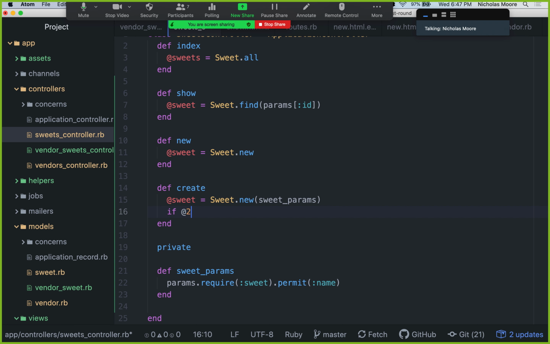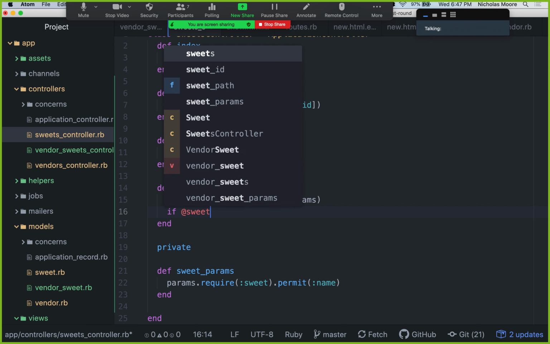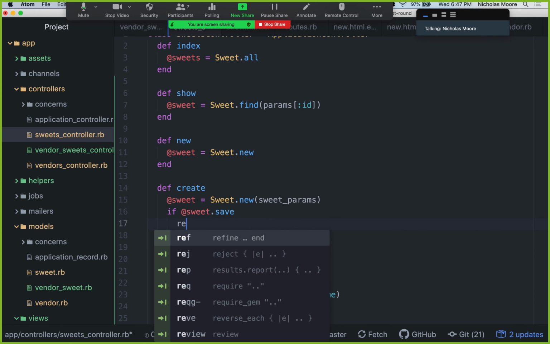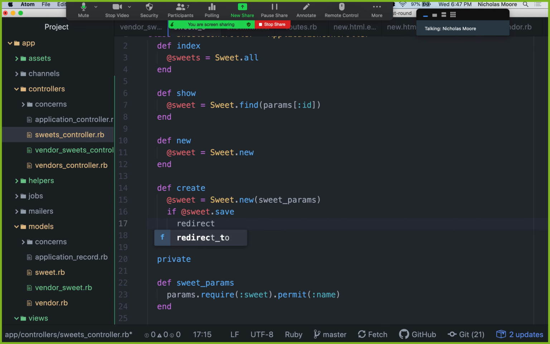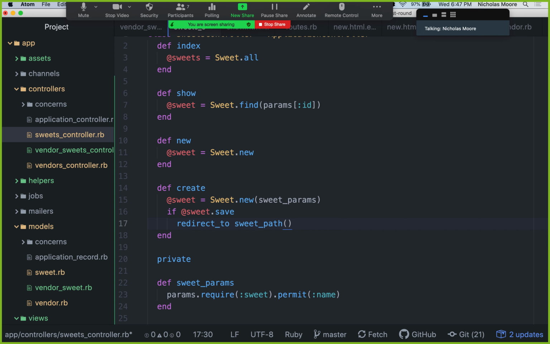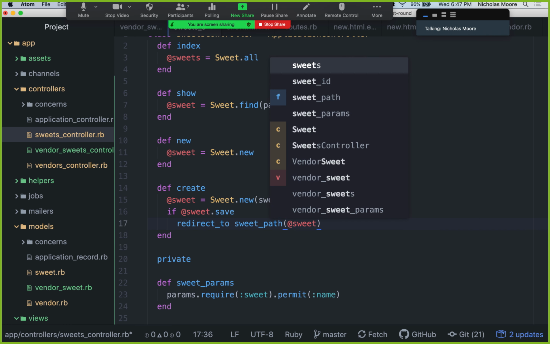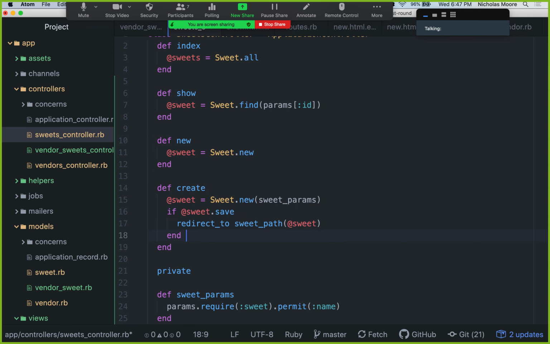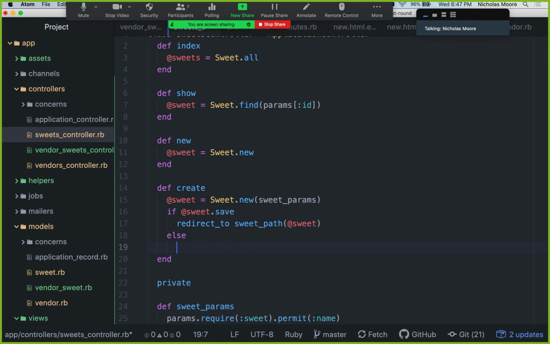If @suite.save, let's redirect to that show page. Redirect to suite_path(@suite). Else,